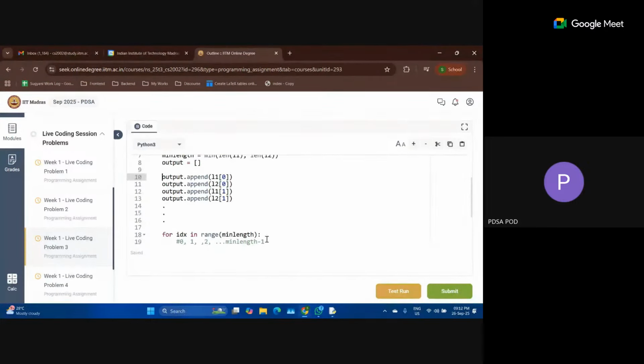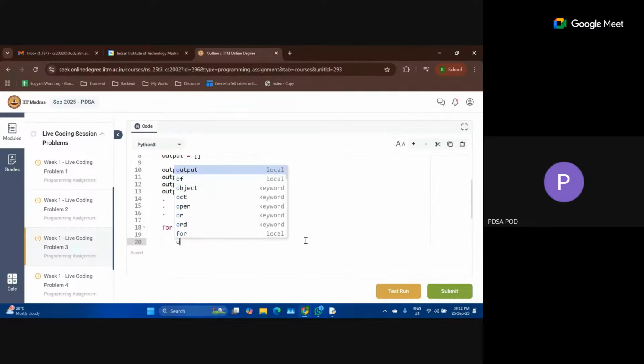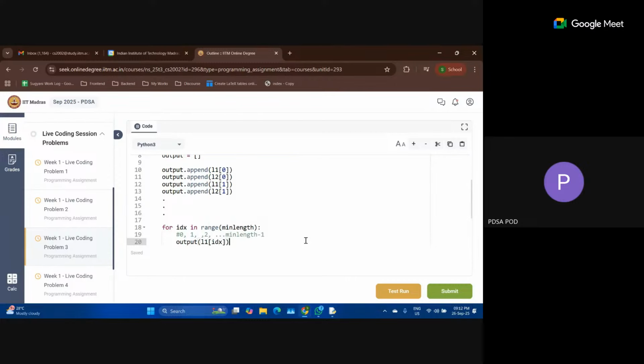So we will append the value at that particular index from the first list to output, then the value at that index from the second list to output. Is that clear? Yes, ma'am.